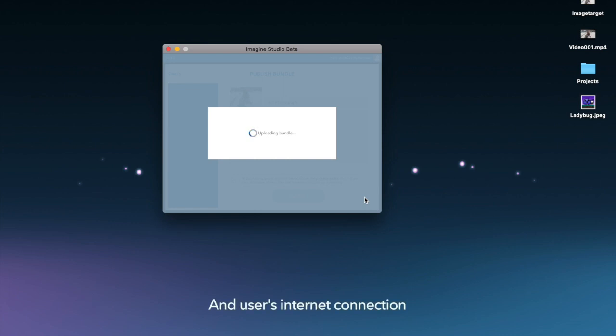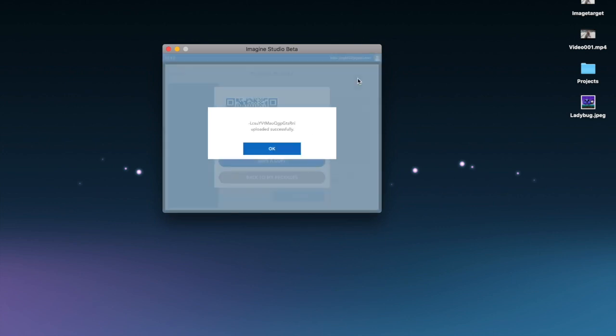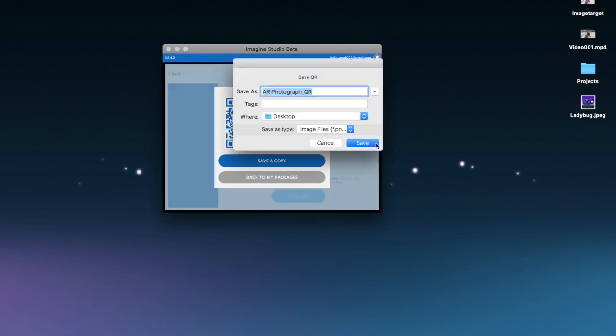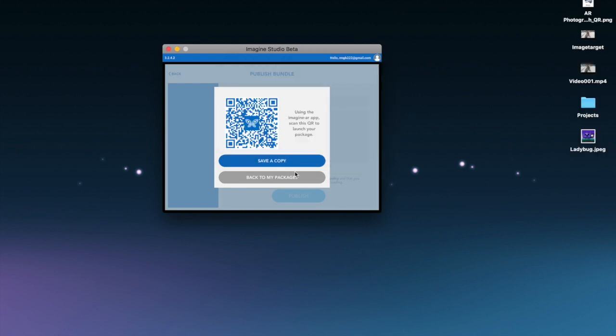We're now uploading our bundle, and as soon as we're finished, I'm going to get a QR code. Let's just save a copy so we can view our